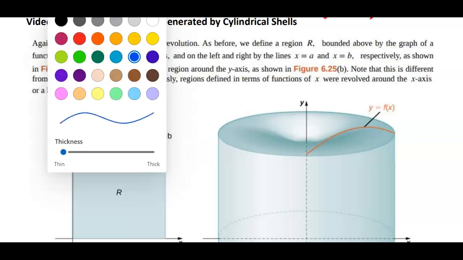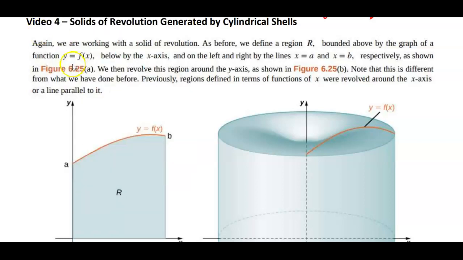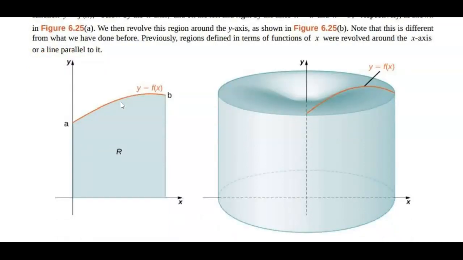All right, we are going to be looking at our last and final volume type situation, and this is going to be volumes by cylindrical shells. So sometimes it won't make sense to use the disc or washer method in order to create these volumes of revolution. For example, if we had this function f of x, but you wanted to revolve it this way,